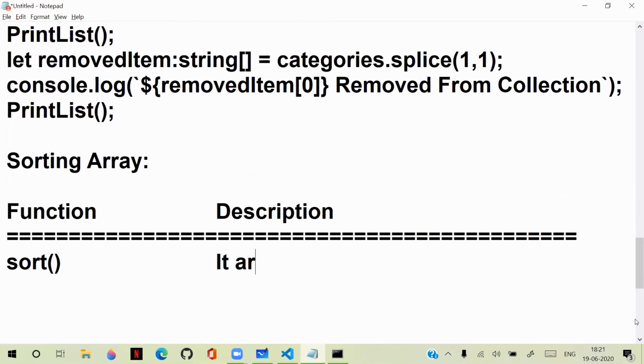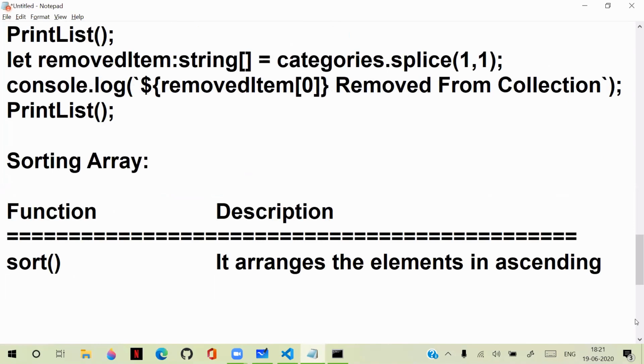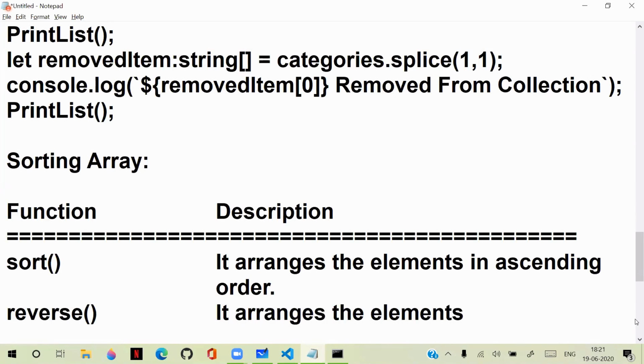Actually, sort arranges the elements in ascending order. And we have reverse. This reverse arranges the elements in reverse